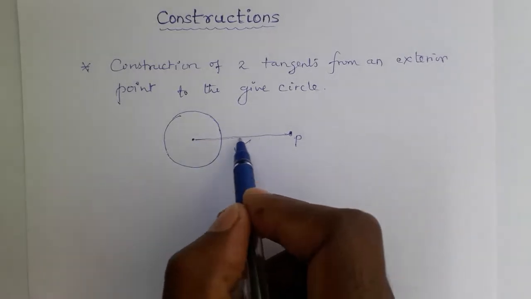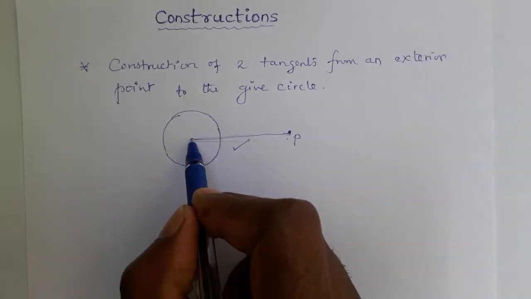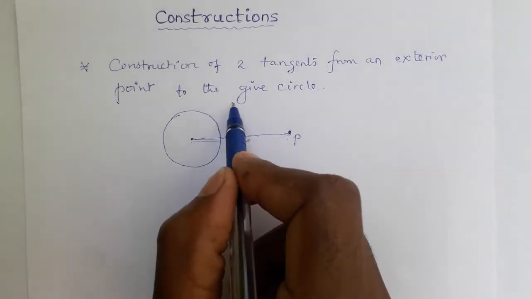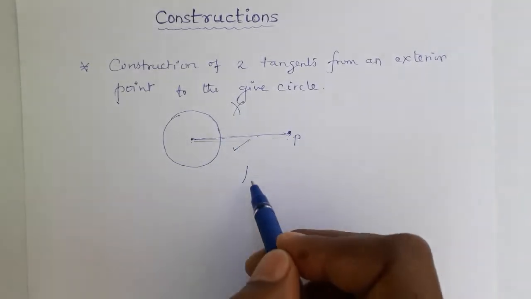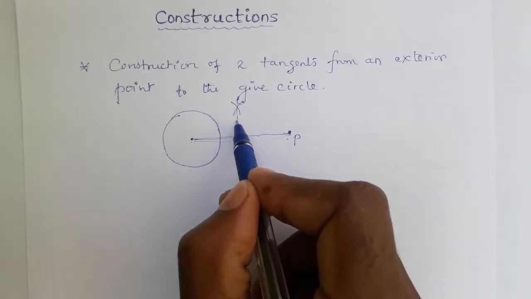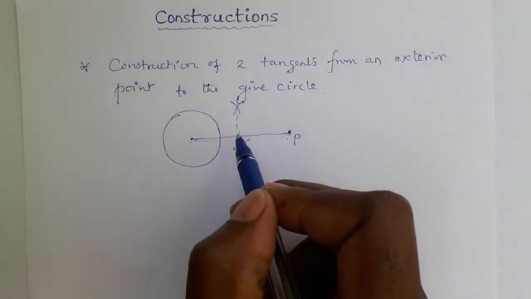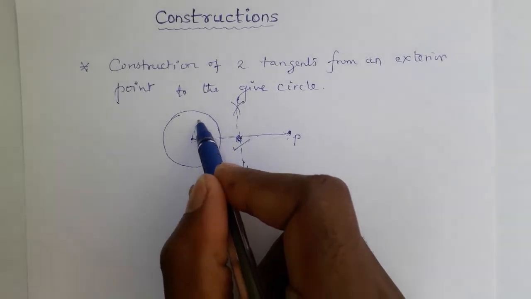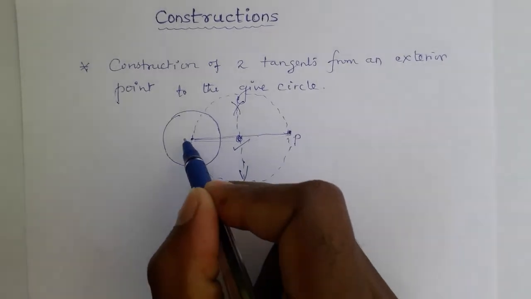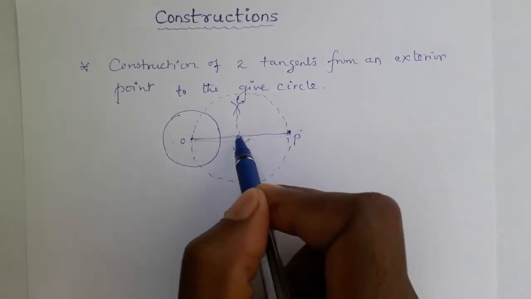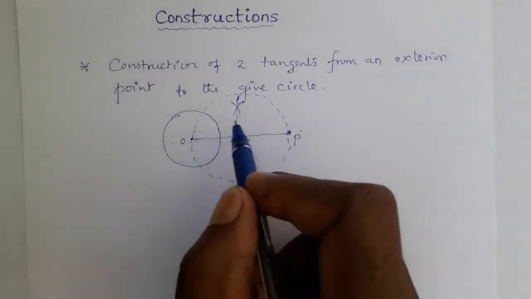So how to draw two tangents to the given circle? We have to bisect first. We bisect the line joining the center of the circle and the exterior point by taking more than half from the compass. Cut two arcs above and below. From P, with the same measurement, cut the arcs. Then join like this. After joining you get a midpoint. From this midpoint take the compass and draw a circle. That circle passes through O and P, because this is the midpoint of O and P. If you draw a circle from the midpoint of any line, it definitely passes through its ends.